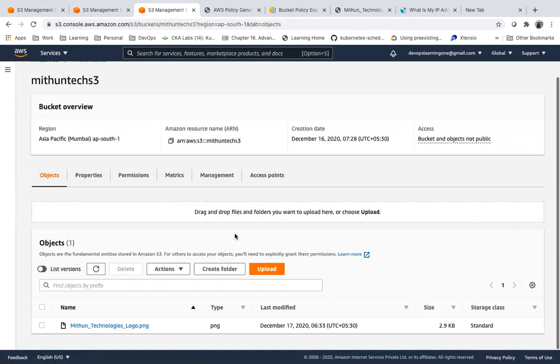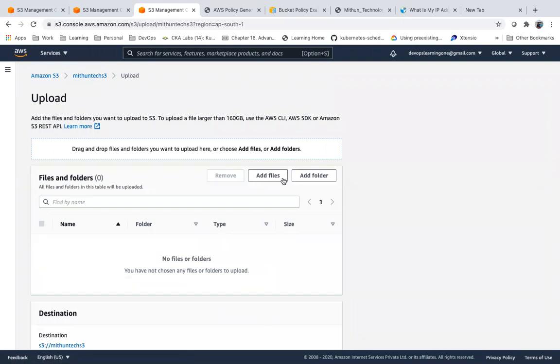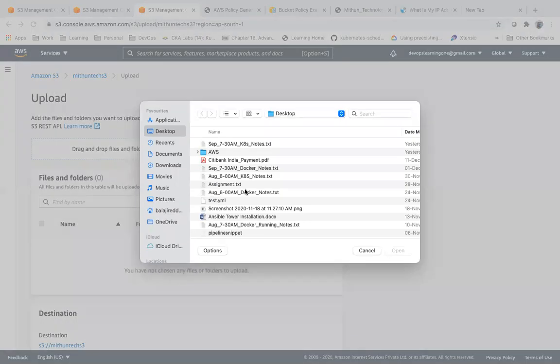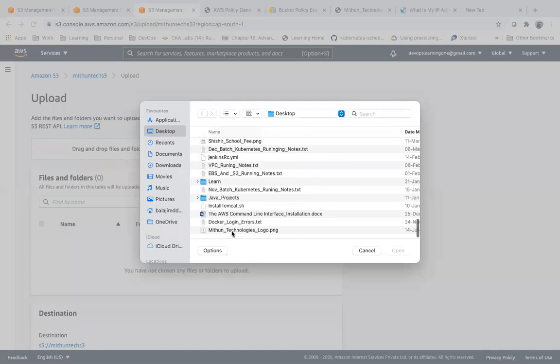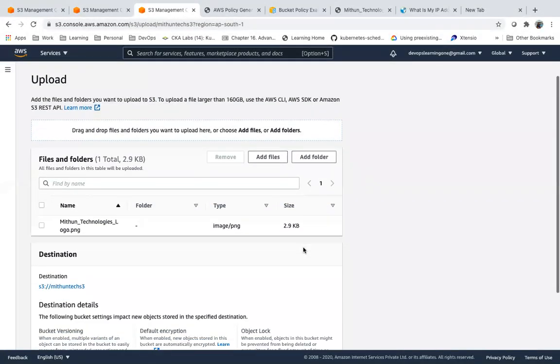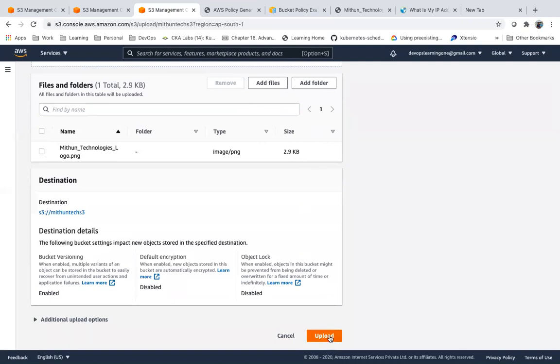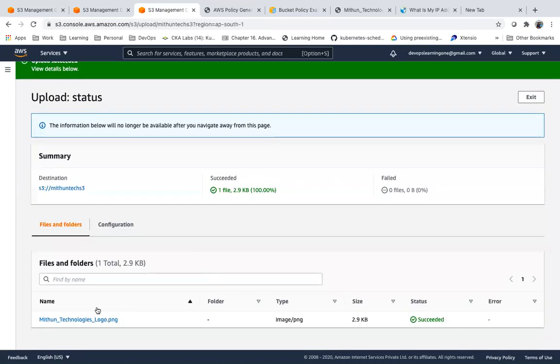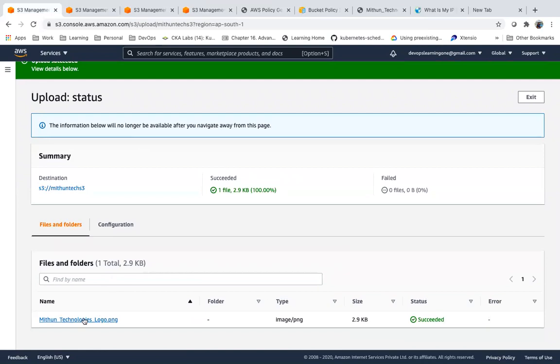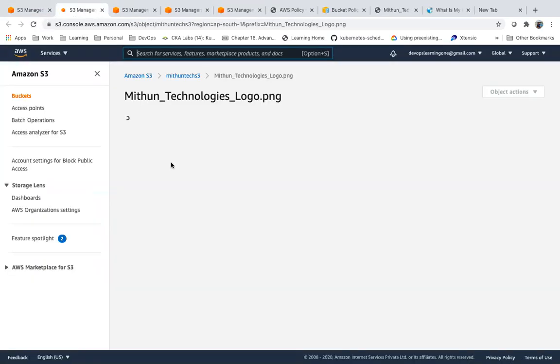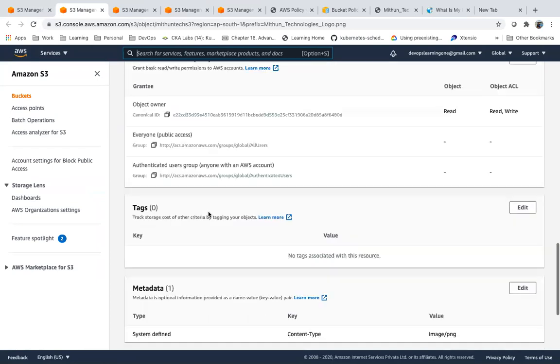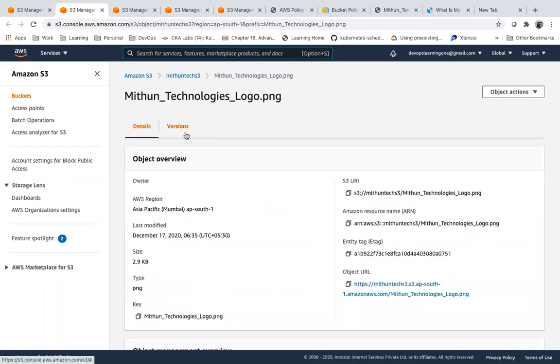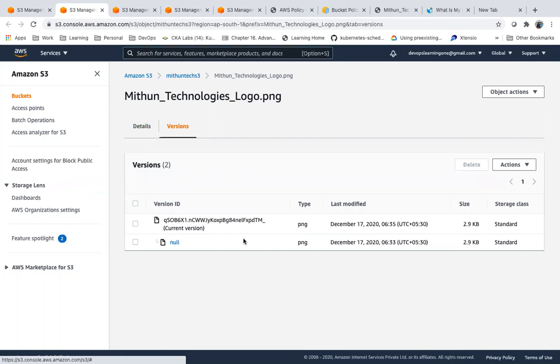So now let me upload. I have enabled versioning. Now if you see, it has multiple versions, both versions. This is the previous one, and this is the latest version.